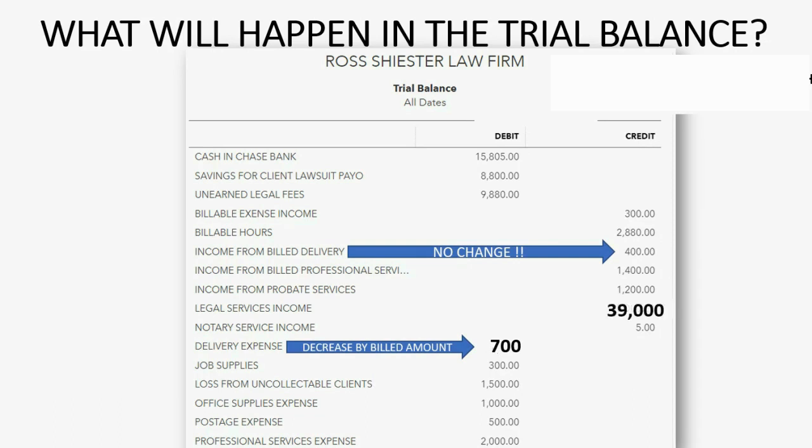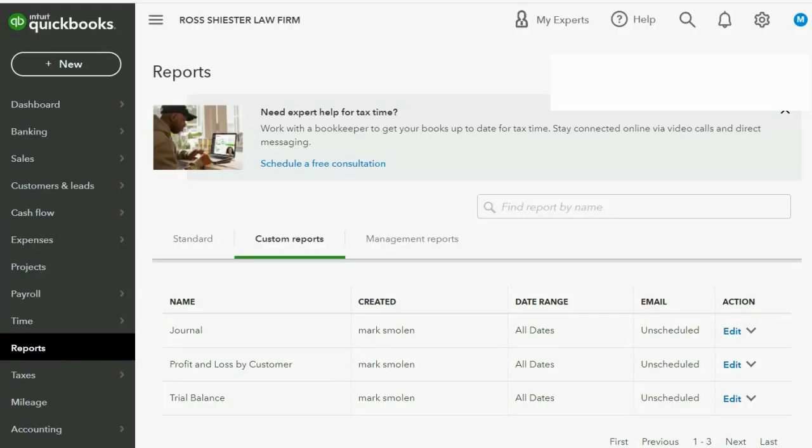And because we billed for $4,000 more in legal services, this goes up to $39,000, and the total is owed. And that's why the receivables account, unearned legal fees, is on the debit side. So if it's on the debit side, it should really be called legal fees receivable, but this will be the final number. So we click New,